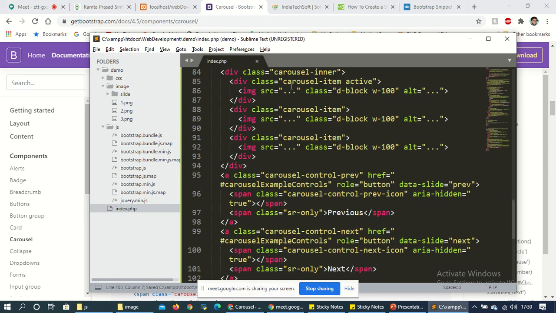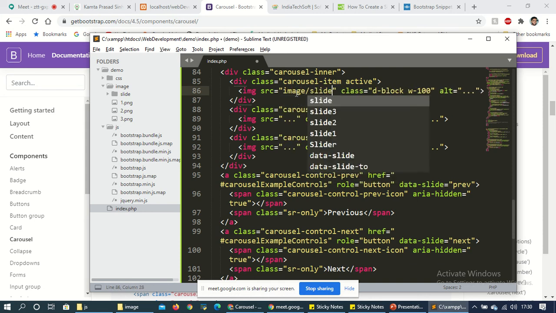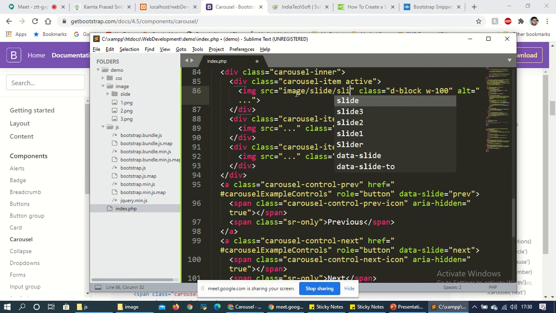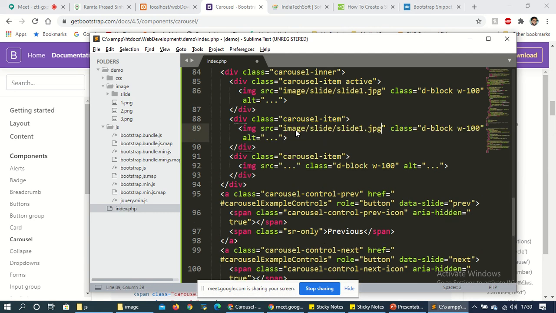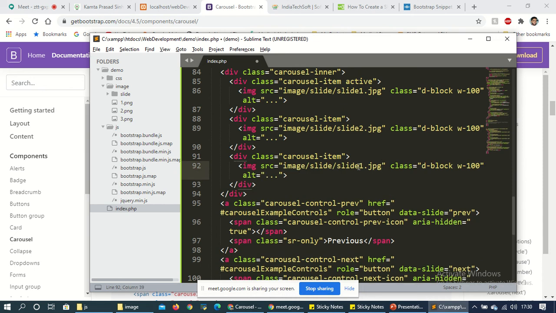Okay, and here I have image slash slide slash slide 1.jpg. Copy, paste, slide 2, slide 3.